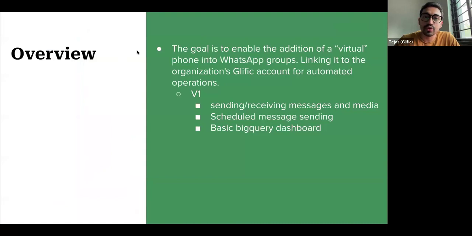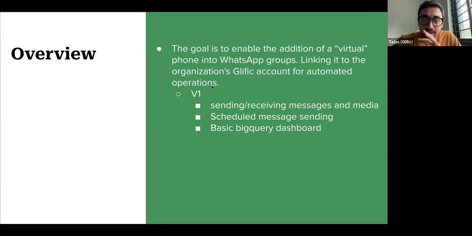So what we are able to do using this, in the first version, where we wanted to do a quick proof of concept, is reduce the manual effort of sending and receiving messages and media. Across all the groups you have, from one platform you can send messages to multiple groups, schedule messages and media in advance, and then receive all the messages from across all the groups into a database, and from that database visualize the activity happening inside your groups. I'll also show what the dashboard will look like and what kind of analytics you'll be able to see.